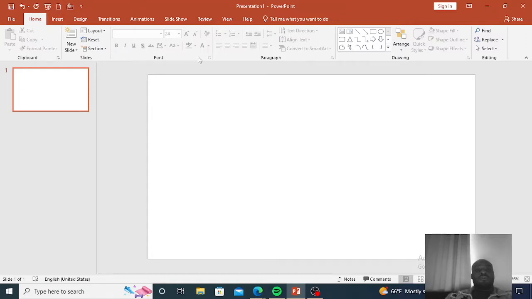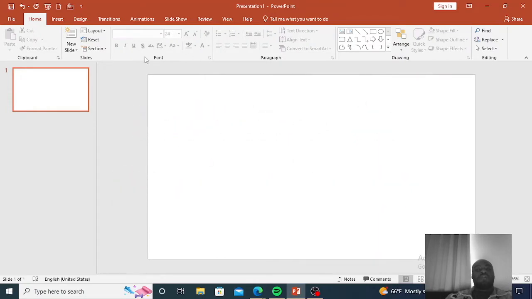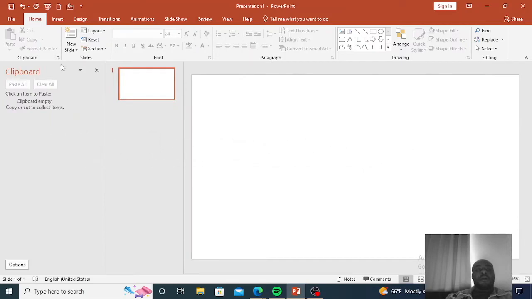For some groups, the contents are able to fit into it, but for others it doesn't fit. So an option is provided known as the launch button, which permits you to access more options related to the group. Like this is the